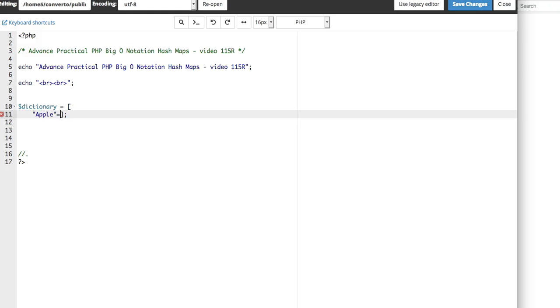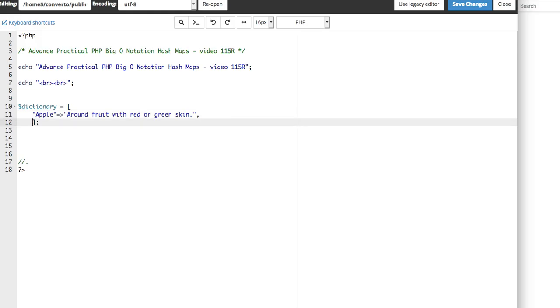and then you go like this. And then you say, okay, what would I say? A round fruit. You know what an apple is, right? With red or green. Then we have the yellow one, but we're just going to stick with two of them. Then we need a comma, then you're gonna do the other one. What's the other one? Let's say